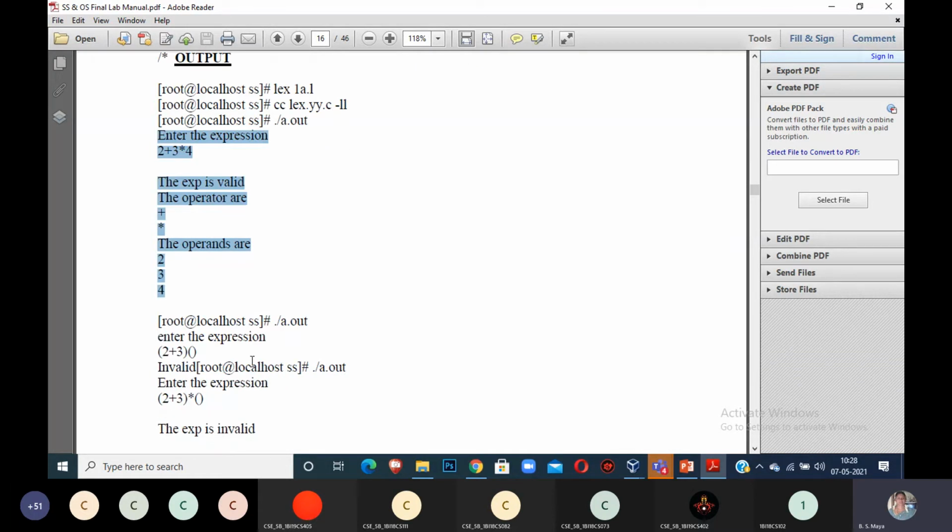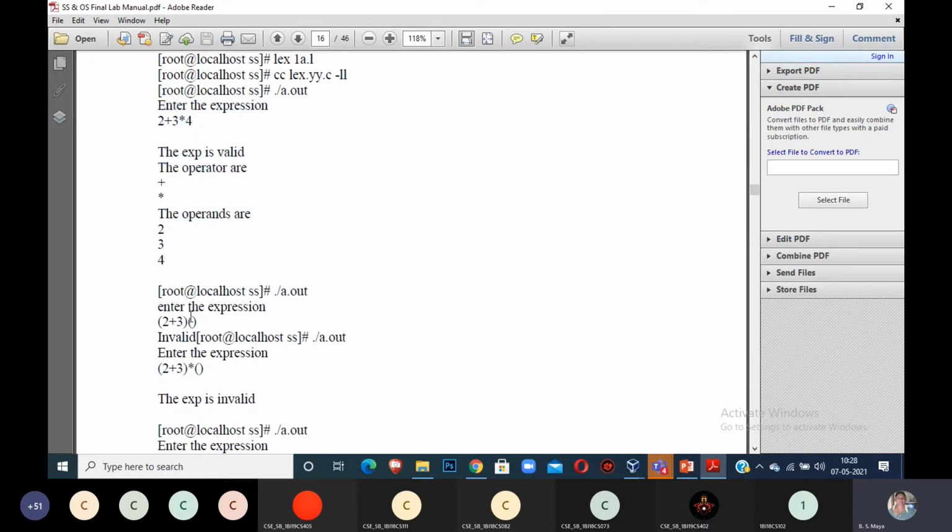See, let me go for an invalid expression. I gave an expression for invalid. I gave 2 plus 3, and a parenthesis expression is also acceptable. After the parenthesis, I will give one more expression. Is it valid or invalid? Invalid. The number of parentheses opening and the number of parentheses closing is correct. But here I am not using any number. If you include any number, it can be valid. Nothing should be there, then I can call it invalid.